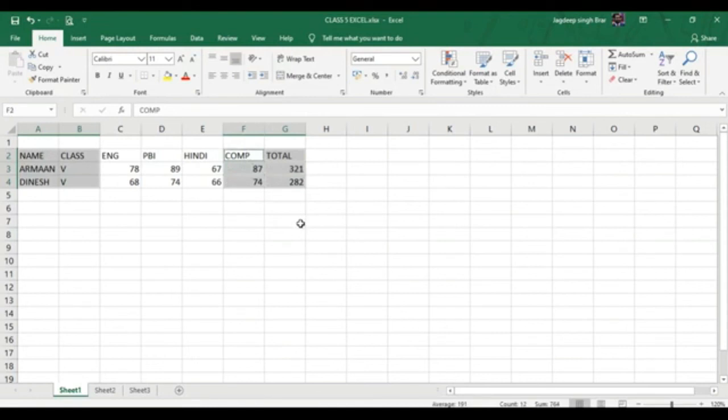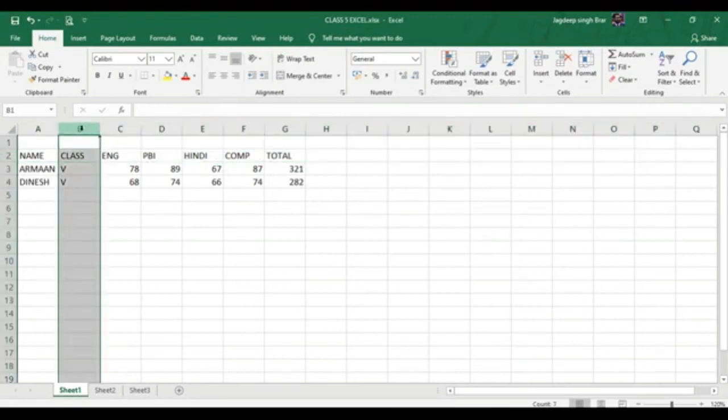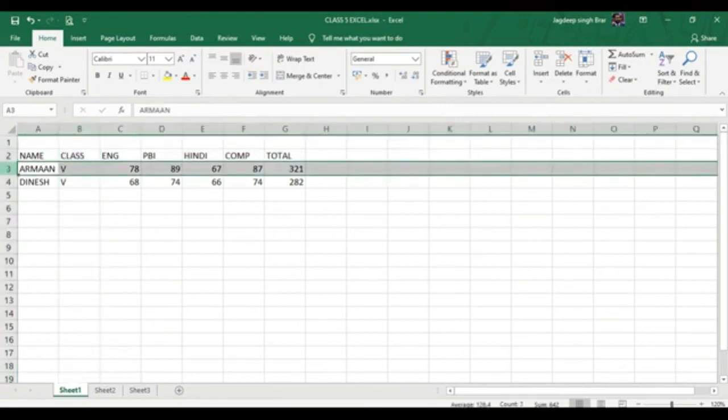Selecting a complete row or column. To select a complete row, click on the row heading. To select a complete column, click on the column heading. For example, to select the Arman row, click on row number 3.